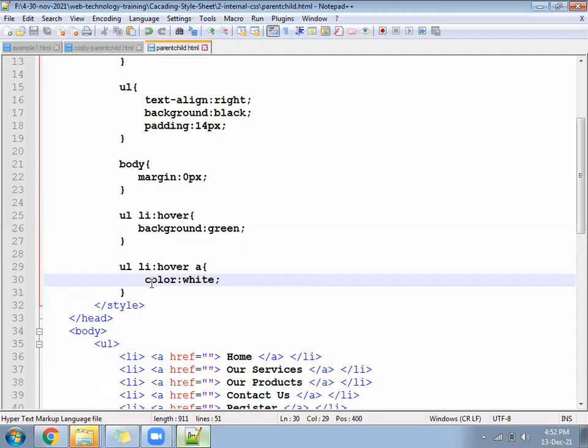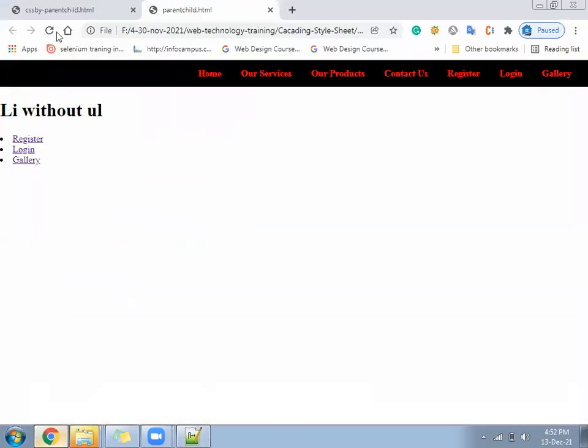So we are ready. When the mouse moves on the li tag, the a tag inside the li, see here what is happening. When the mouse went to the li, the text of a converted into white. Look here, as your cursor is touching the li, you can see it is not converting into a pointer. As soon as the cursor touches the li, it should convert into a pointer. What will we do for that?